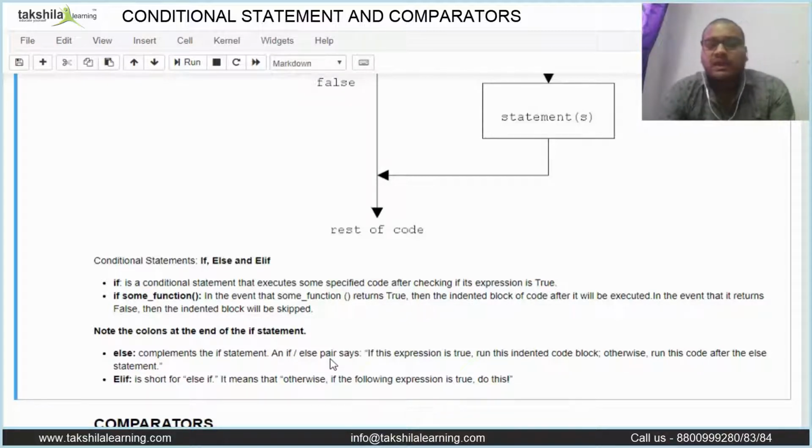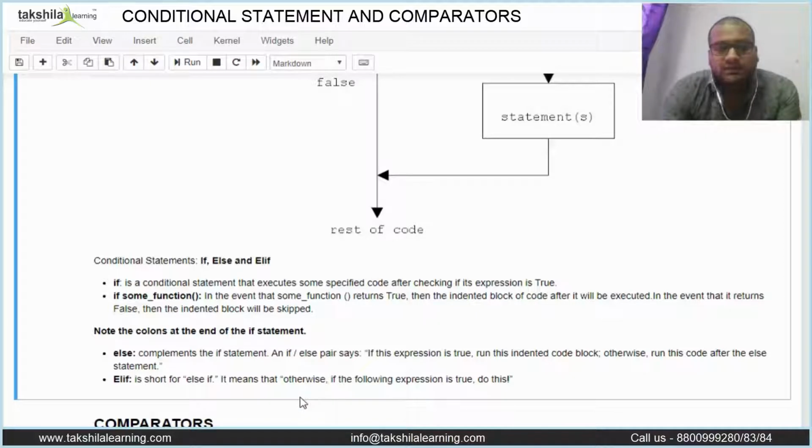So the if statement first. It is a conditional statement that executes some specific code after the if expression is determined as true. So if the condition under the if statement is true, it will go for the statement under that if condition.